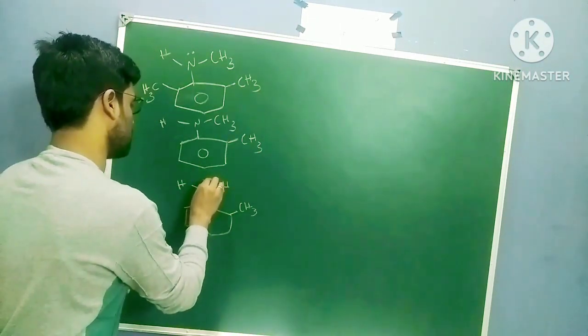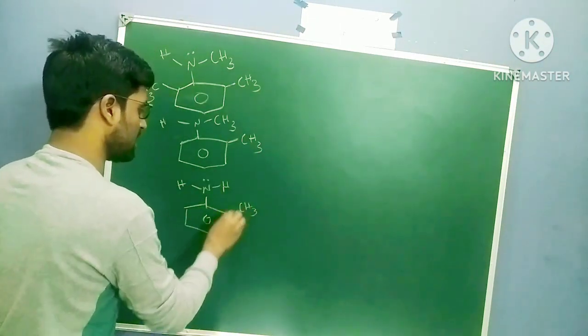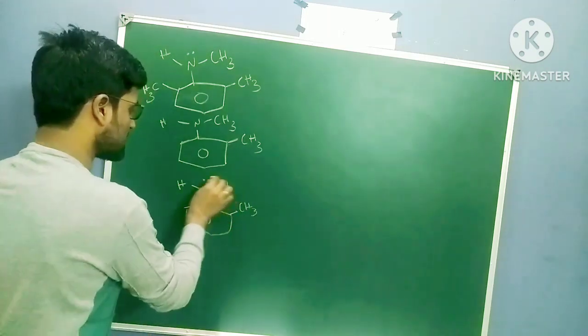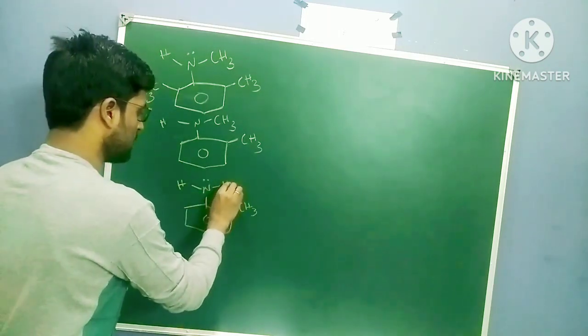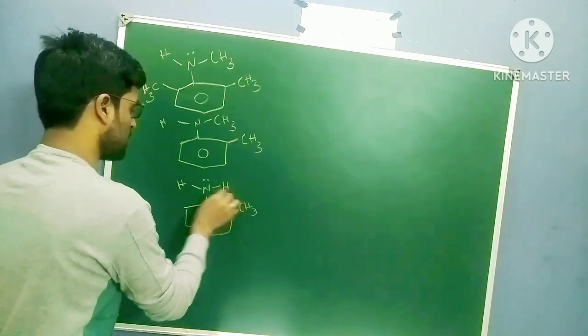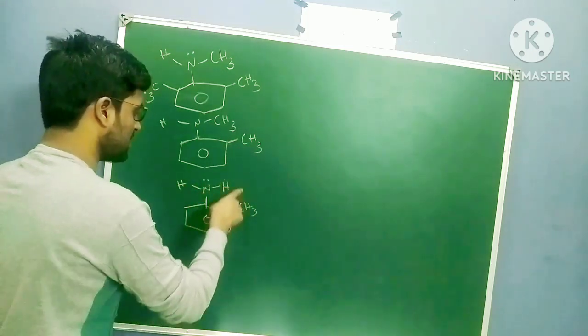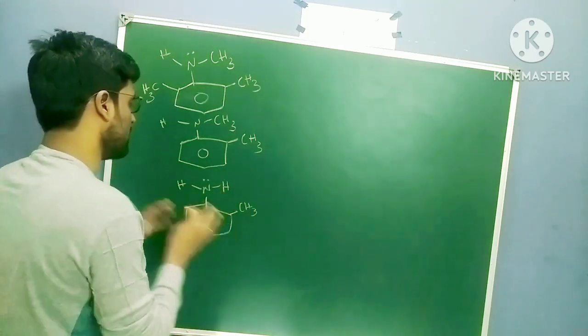Steric inhibition of resonance is not there. Why? Here this is the bulkier group, but this group is not bulkier. The main group is not that bulky. Here hydrogens are there. If I have CH3 in place of hydrogen, then repulsion will be high.